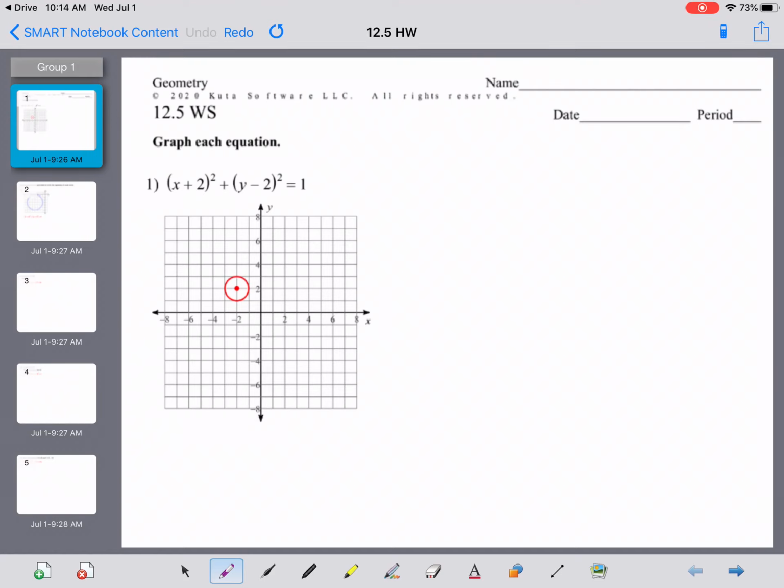All right, geometry, I'm going to walk through 5 problems with you here off of our 12.5 worksheet. And this one is a pretty significant departure from what we had been doing so far in Chapter 12. Now we're doing something that you guys are going to see a lot next year in Algebra 2, which is trying to come up with the equation of circles and trying to figure out the relationship between the equation of a circle